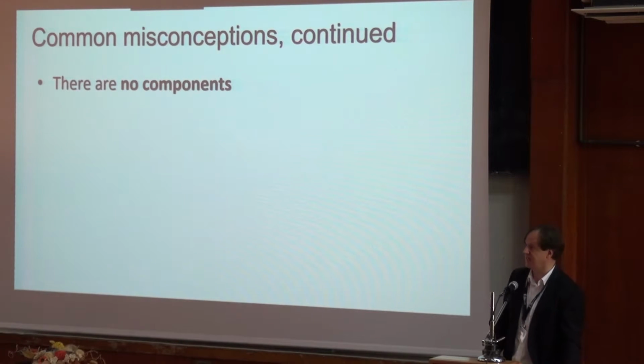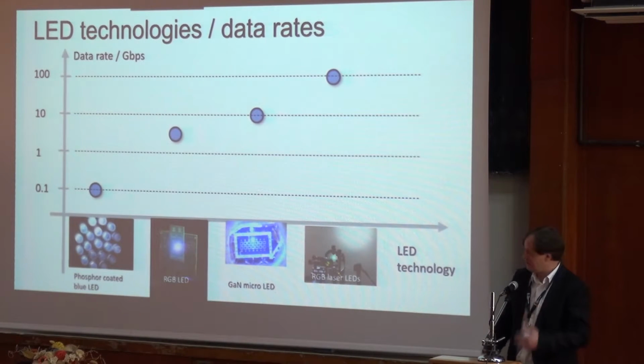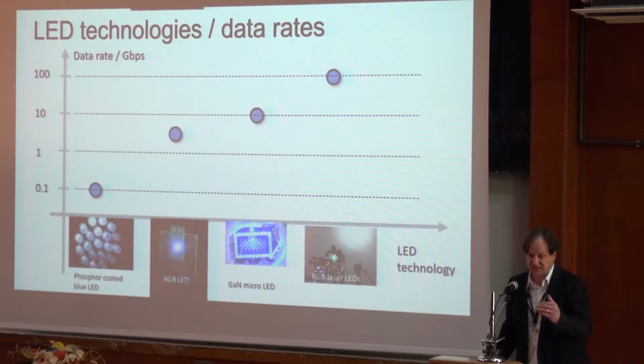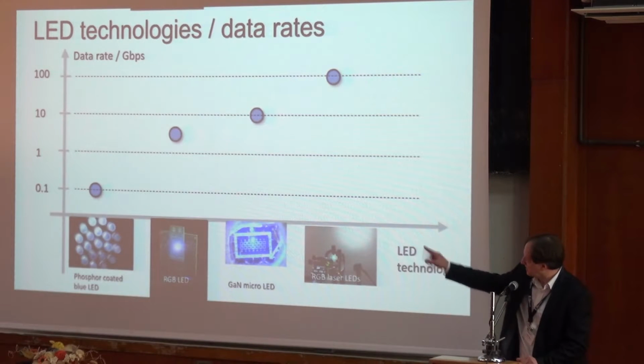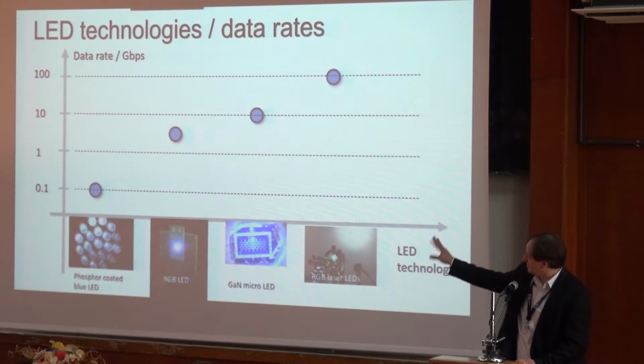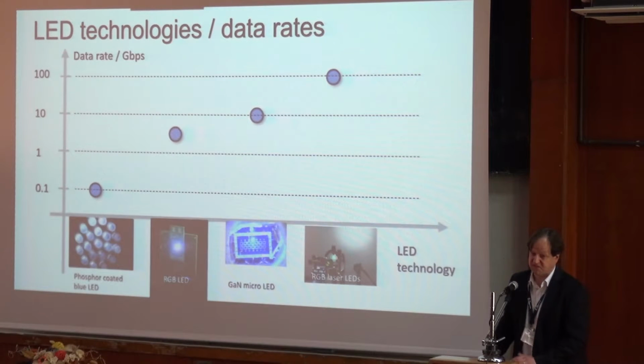The components are another misconception, and there are, for example, lots of LED components. So what we plot here is a different technology roadmap of LEDs. What we have now, what you can buy, is these blue LEDs that have a phosphorus coating to make them white. And that phosphorus coating slows down the frequency response. That's why you get with current LEDs about 100 megabits per LED. That's sort of the upper limit. If you go to RGB, we talk about 5 gigabit per second demonstrated.